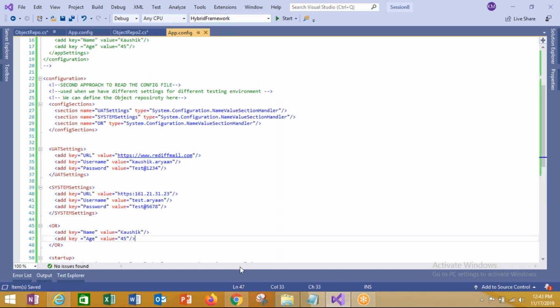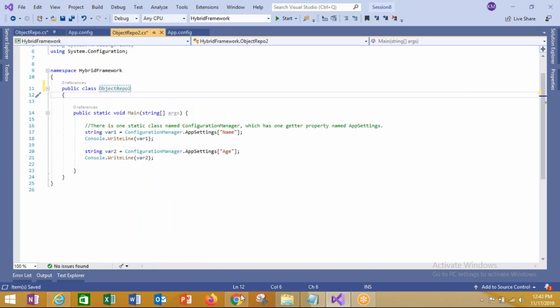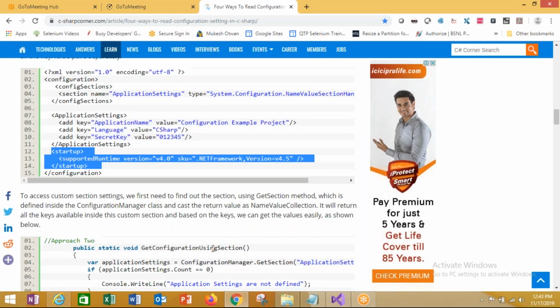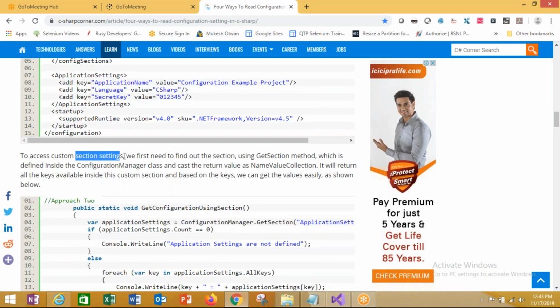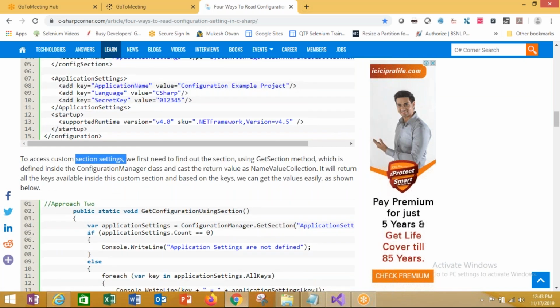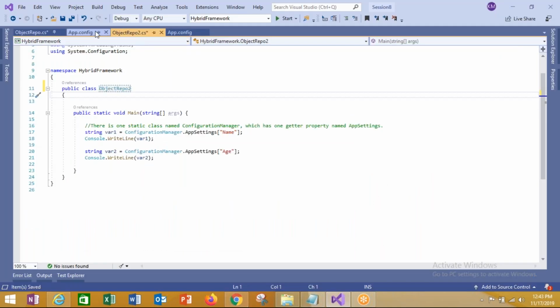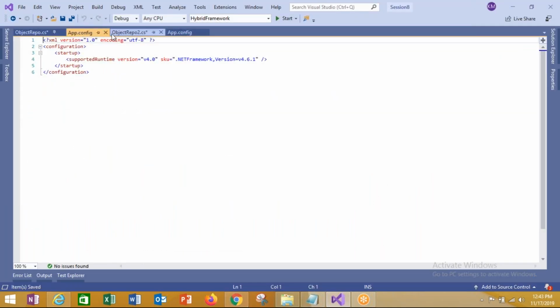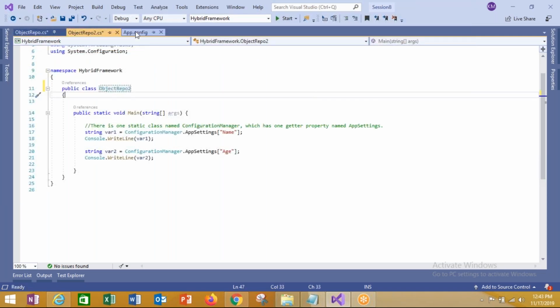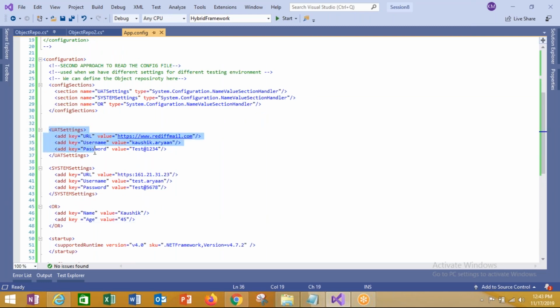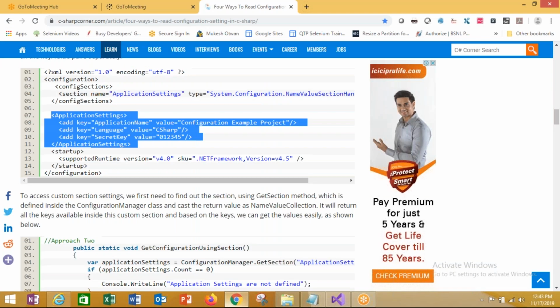And how to read it out? For reading this, I can go to OR2, and to access the section settings, custom section, this is the custom section settings. Okay, this part is your custom system settings. Where is that? Not this app.config. These are custom system settings. Custom settings. Okay, now in order to run this,